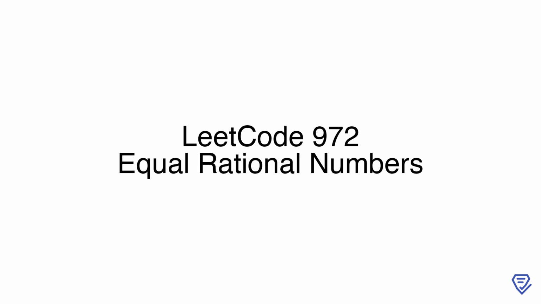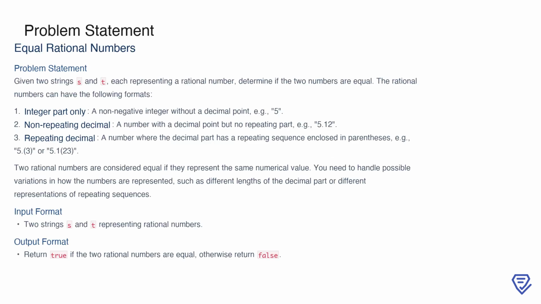Let's dive in. In this problem, we are tasked with determining if two rational numbers, represented as strings, are equal. The numbers can be given in three formats. First, as integers, which are non-negative numbers without any decimal point, like 5. Second, as non-repeating decimals, where there is a decimal point but no repeating sequence, such as 5.12. Lastly, as repeating decimals, which include a repeating sequence in their decimal part enclosed in parentheses, for example, 5.(3),